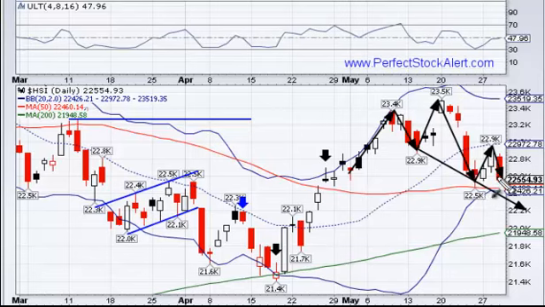Basically, when you close below that neckline, then you would be confirming that signal. You would simply take the high point down to the neckline, measure that distance out mathematically, and then subtract that from the breakout point below the neckline, and that would tell you about where you're headed before you get some kind of a breakout, consolidation, or something. So basically we're testing this low point here again.